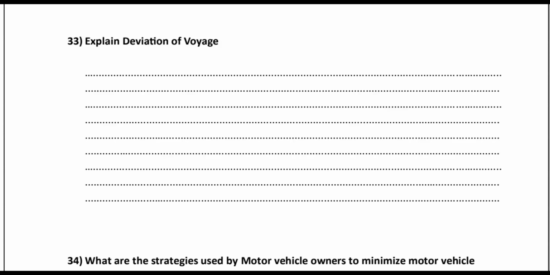Now, if Israel does some crazy stuff and just deviates because they like to go through Africa, then if an accident happened, they won't compensate. So that is a real world example of deviation of voyage. That is one acceptable reason. One exception is to deviate to avoid a war. Let's say war is happening between two parties and another ship is going. They're not related to this, they can avoid the path and go from somewhere else, so this is legal.